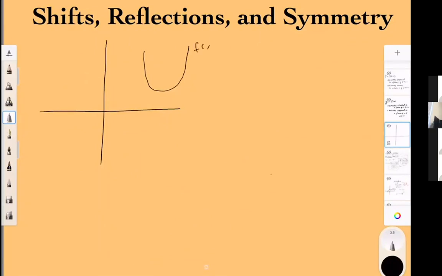This is f of x. Is this even, odd, or none? What do you think? So if I give you an equation, you will plug in f of negative x. If I give you a graph,